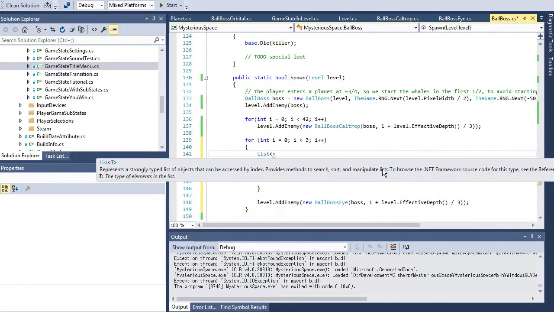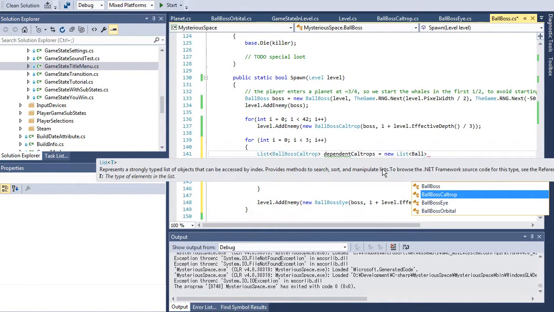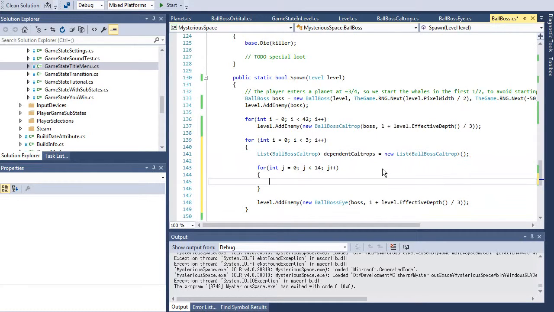List, ball, boss, caltrop. I don't know what I want to say. These are the caltrops that will die when the eye dies, but I don't want to call the list caltrops that die when this eye dies. That seems a bit long. We'll say dependent caltrops or something. It's going to be awkward no matter what we say. Okay, and then what we will do is dependent caltrops, we will add,